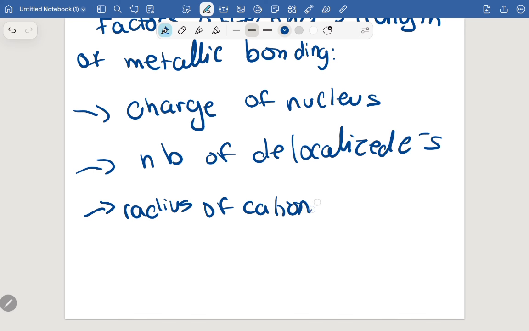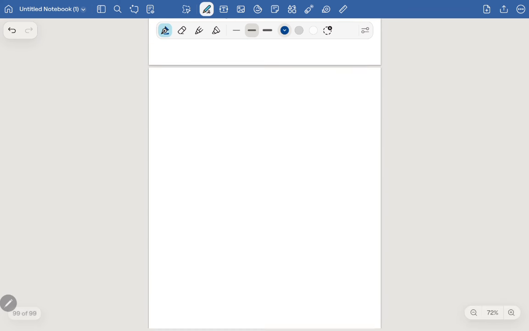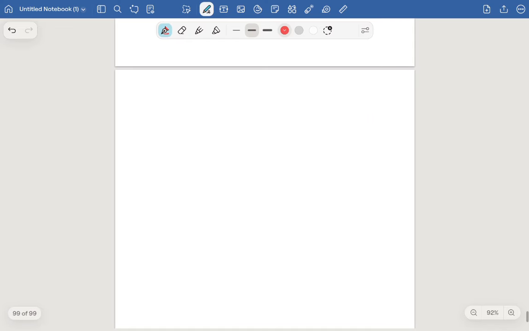Okay? And now we go back to what we said about metals. We said that metals have one of the strongest bonds, right? So let us say some of the properties of metals due to the strength of the bonds, and due to the delocalized electrons. Let us see what are the general properties of metals. So some general properties